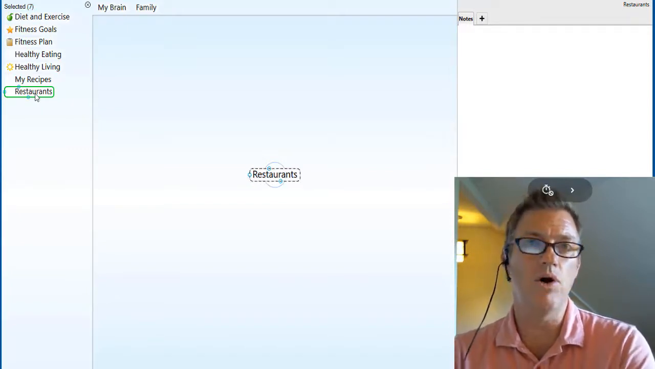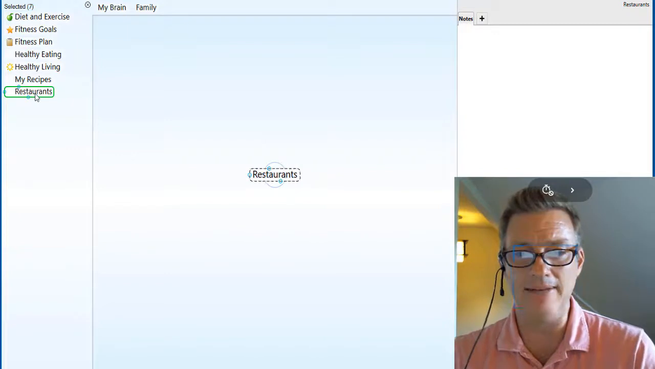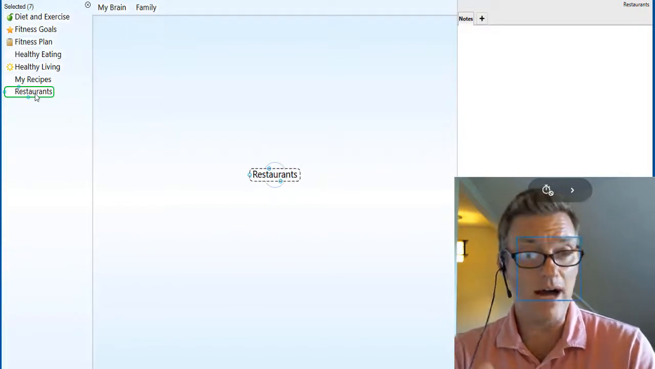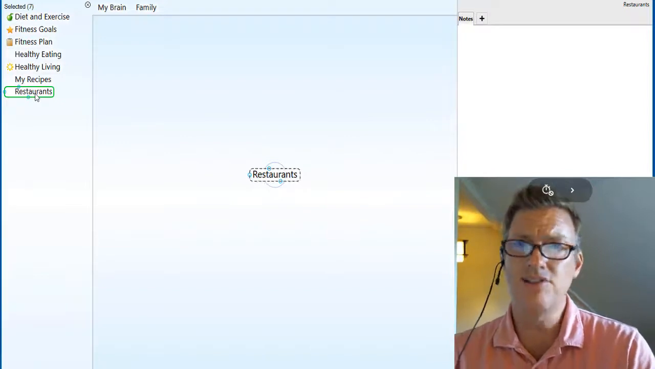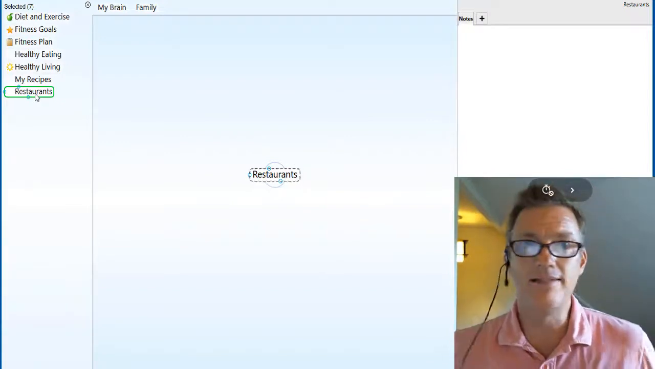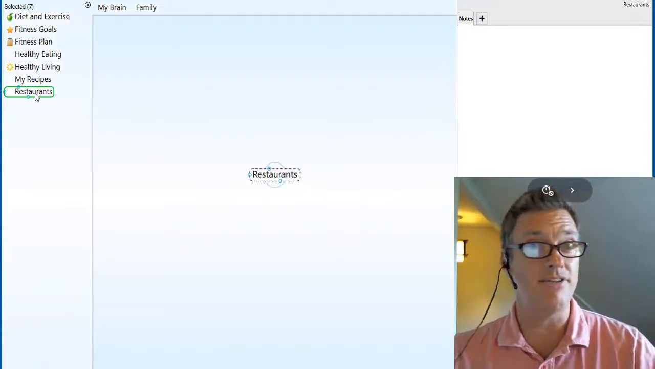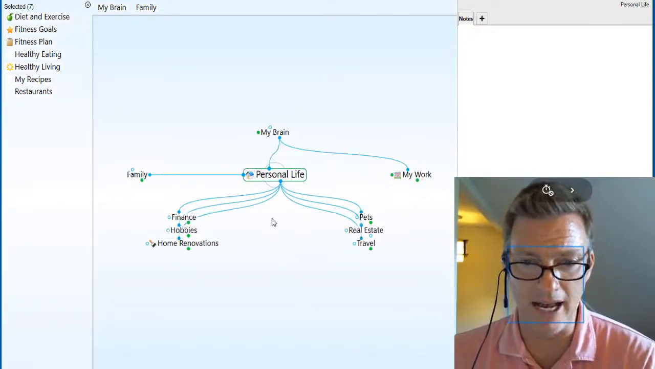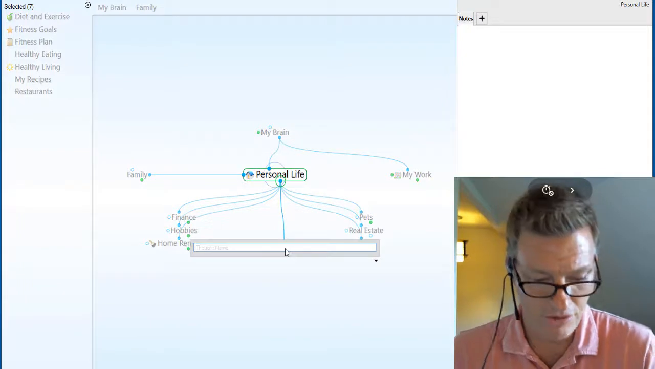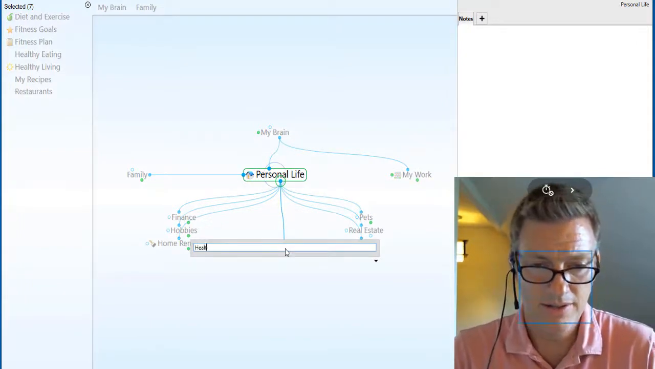I could run a report to find orphan thoughts over on the right. In this scenario, I have it selected so I can easily access and navigate to this thought. I'll also still be able to search for it. I haven't deleted the thought. I've just unlinked it from everything in the brain. I'm going to return now to my personal life and create my new thought for health and fitness